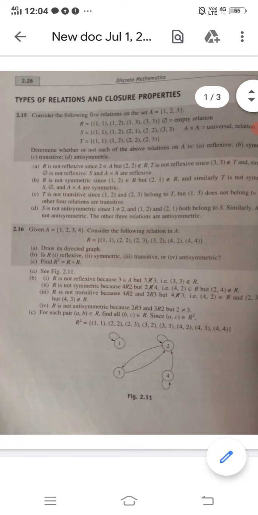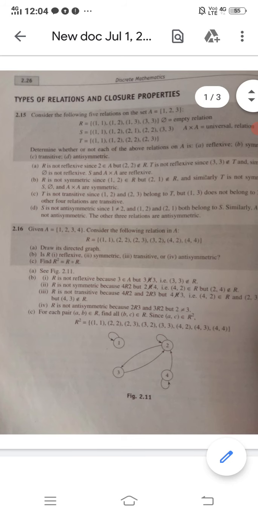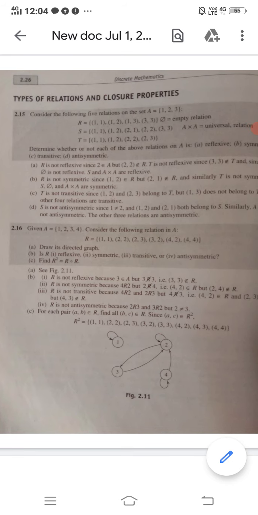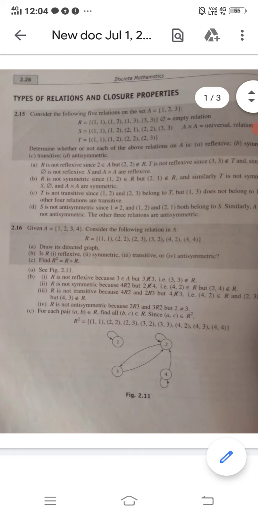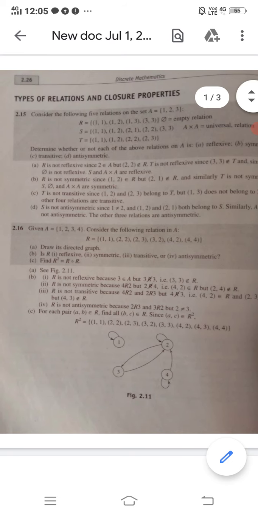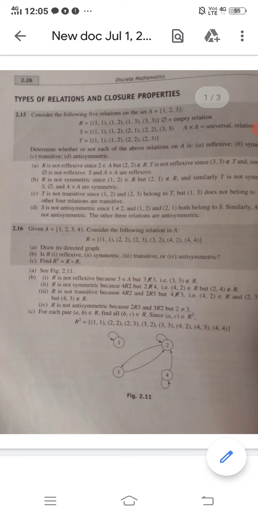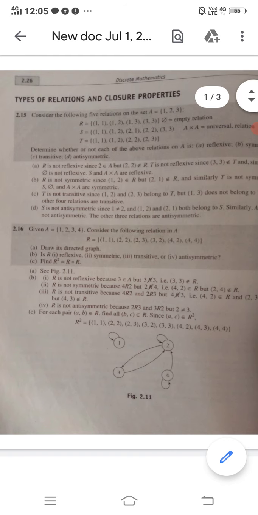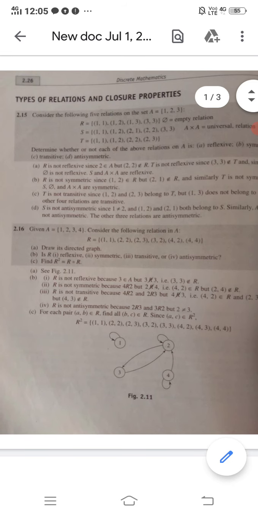So let's check R. R में condition ही नहीं है, so R is antisymmetric. Okay, condition नहीं है तो solution check नहीं करना है. S, let's check S. S: 1, 2 is here, 2, 1 is here, means a, b and b, a both are here, but 1 is equal to 2 cannot be at any time. So S is not antisymmetric. R is antisymmetric, S is not antisymmetric.